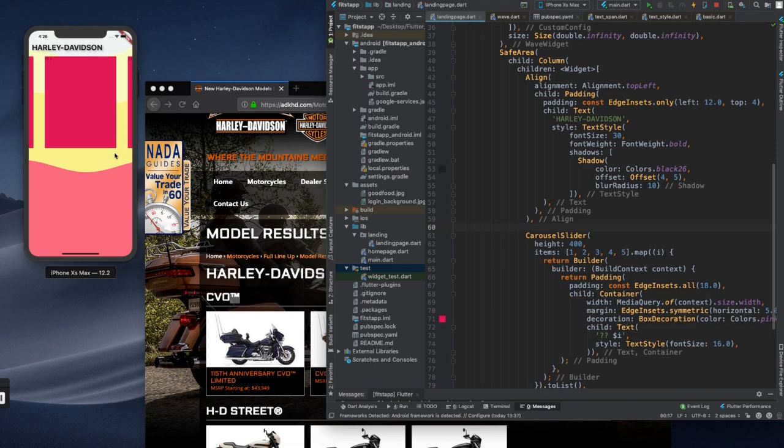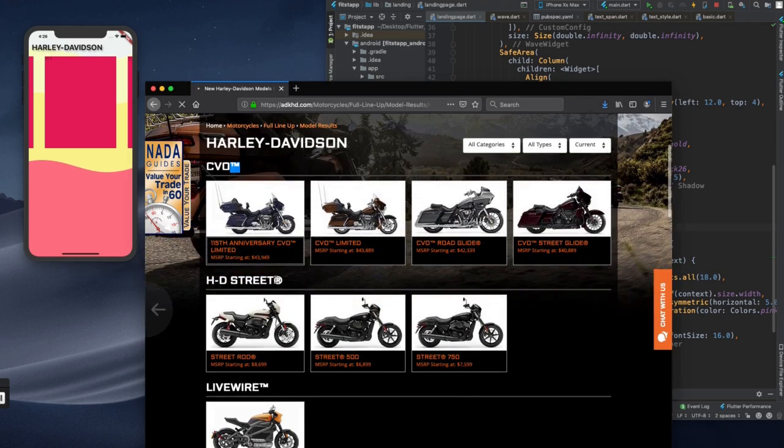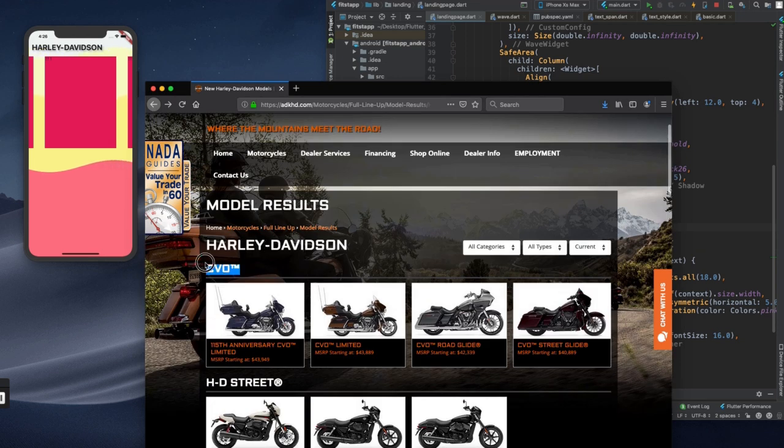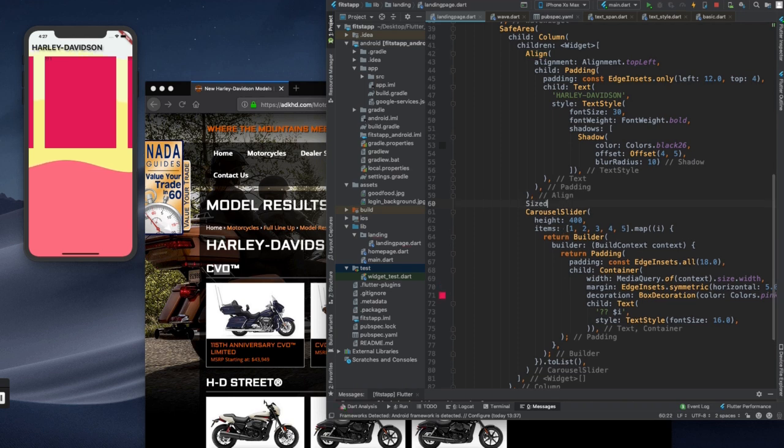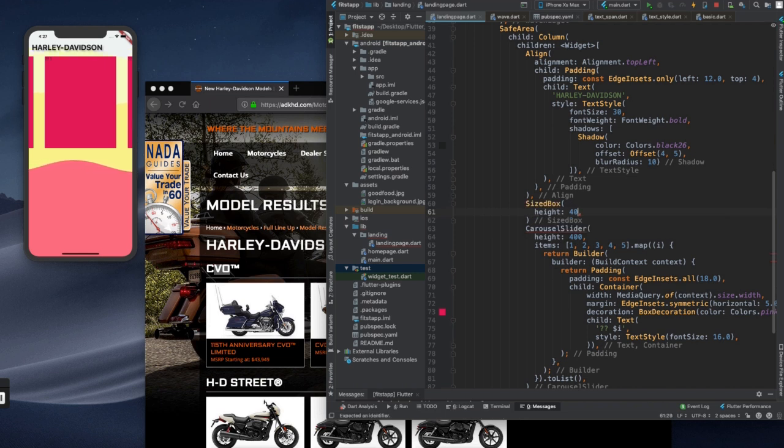And since we got a lot of categories, we want to separate the different cards, so we're gonna give CVO on top of that. So how do we do that? Under the column, under the alignment, we're gonna give a sized box first to make some space between, yep,